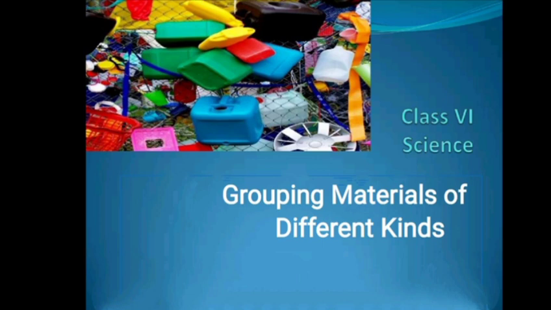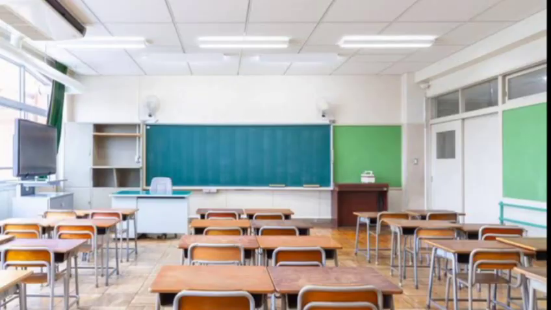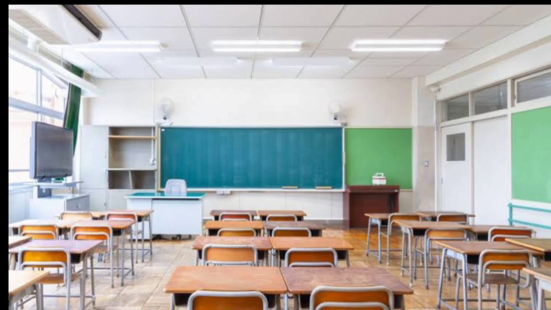So, we have a wide variety of objects around us. If we look around ourselves, we have a lot of places. Say your classroom, your bedroom, drawing room, kitchen, park, and a lot more. We find different objects placed in these places. Let's study these. When we look around in our classroom, we may find a blackboard, chalk, duster, desks, table, chair, books, bags, etc. These kinds of things we can find in our classroom.